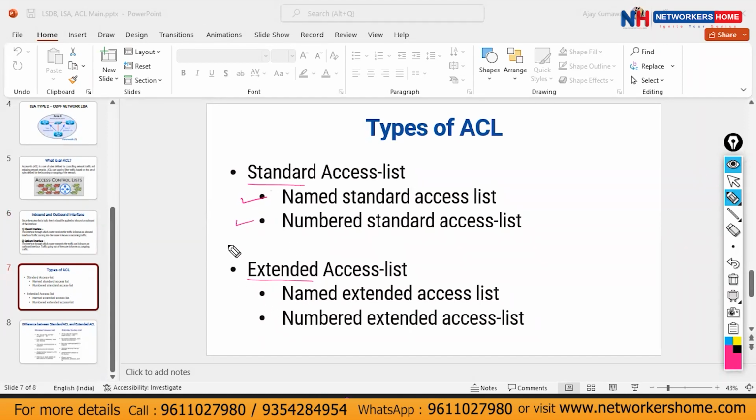Now, the main difference between standard and extended is that your standard ACL is just blocking on the basis of source IP address. Okay. It is blocking on the basis of source IP address. It will not check anything else. If a particular traffic is coming from a particular source, it is going to deny or permit according to the rules. Okay. For example,